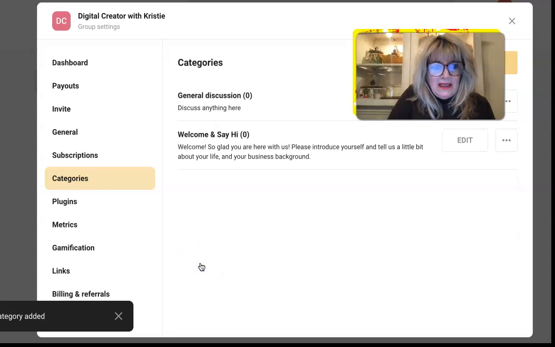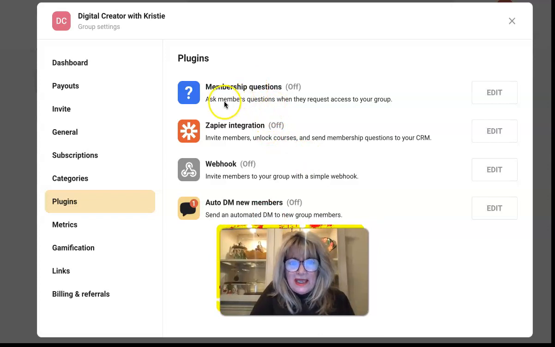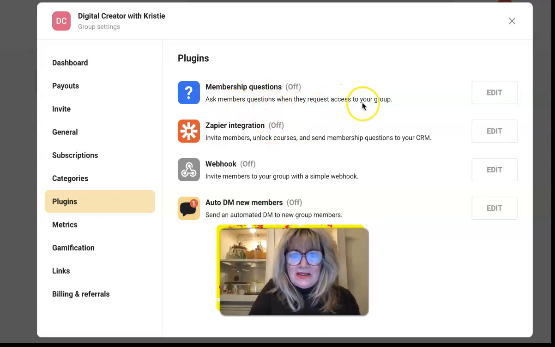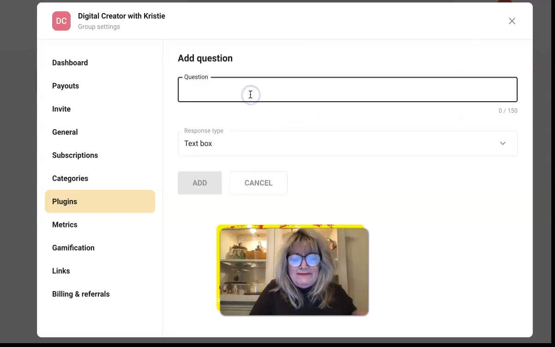And they're going to put add there, and then plugins, see what plugins are available. Membership questions, ask members questions when they request access to your group. And of course, I've done this in Facebook, and you can ask members up to 3 questions when they request to join your group, and only you as the admin or a moderator that you choose to be in the group. You can send new members questions, answers using Zap. Okay. So you can choose, you can say,